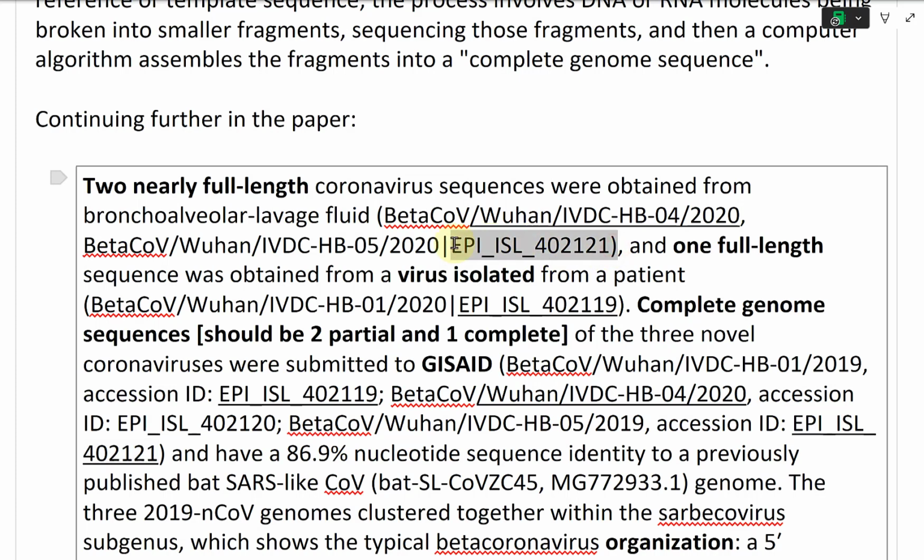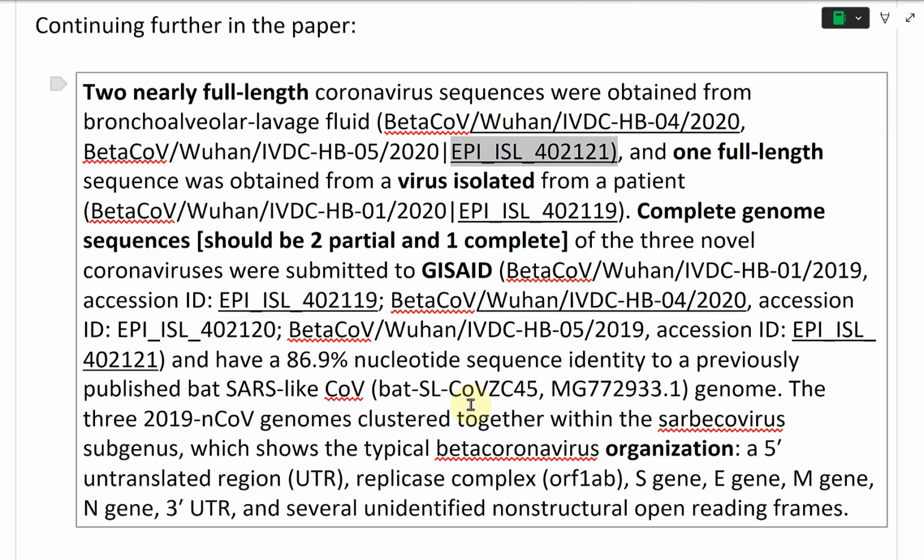That's this right here. Alright, so we got these and then a whole bunch of different lingo there. And have an 86.9% nucleotide sequence identity to a previously published bat SARS-like CoV, and that's this coronavirus genome. And the 3 2019 nCoV genomes clustered together with the SARS-CoV subgenus, which shows the typical beta coronavirus organization, and a